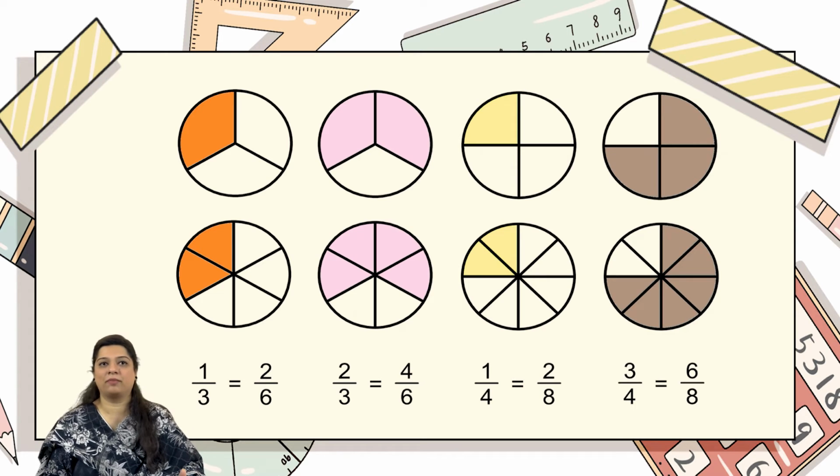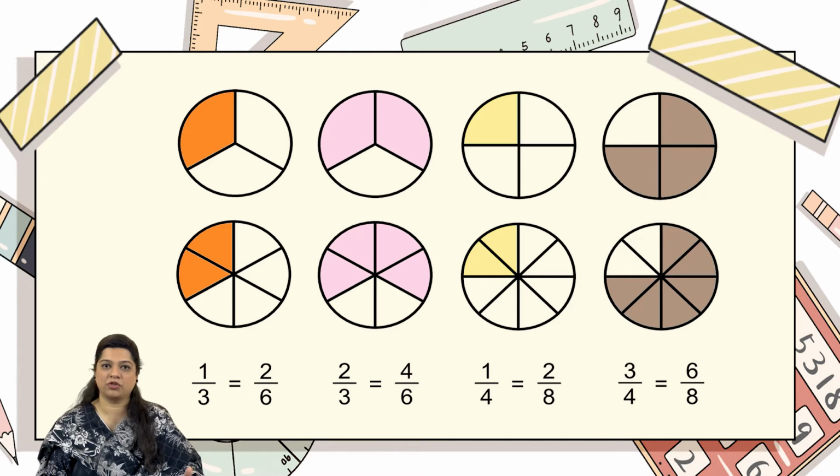Now, these are a few examples in front of you. In the orange example, you have 3 and 1. So the fraction is 1 upon 3. And in the same way, we have 2 upon 6. Therefore, 1 upon 3 has a common factor of multiplied by 2, which will give you 2 upon 6 as the second equivalent fraction. Same goes for the pink example. 2 upon 3 is equal to 4 upon 6. The common factor that we have used here is multiplied by 2. The third one is 1 upon 4 multiplied by common factor 2, which will give you 2 upon 8.